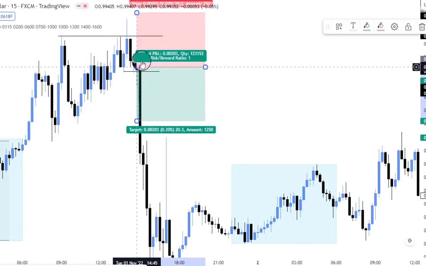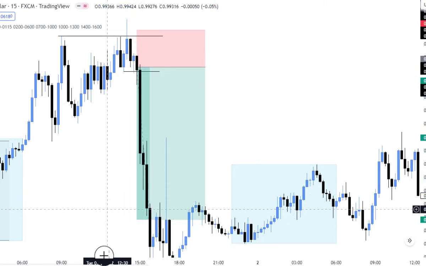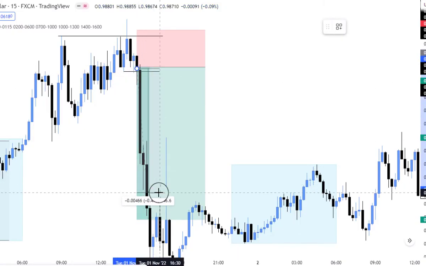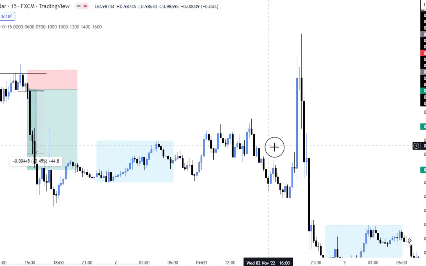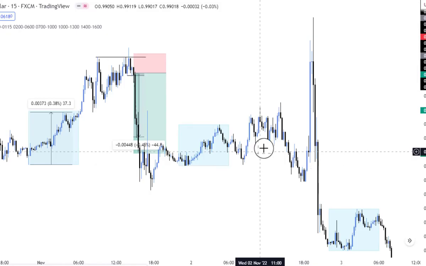So this is the breaker. 40 pips is your target, guys. 46 pips. You're done trading. You're done. So this is one of the days when you're going to miss it, because you may not